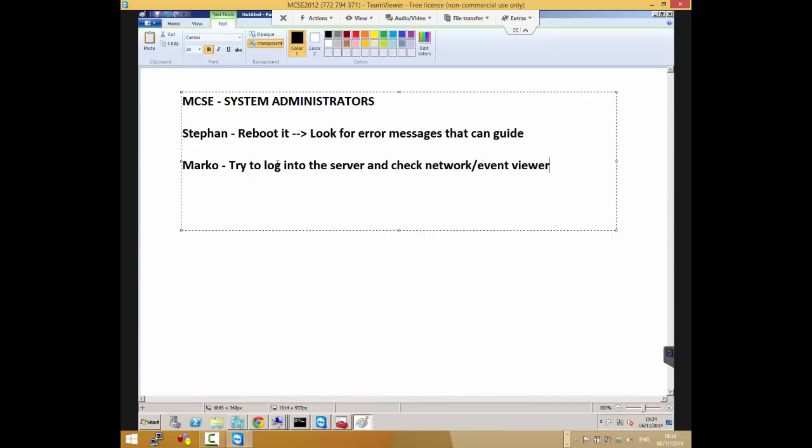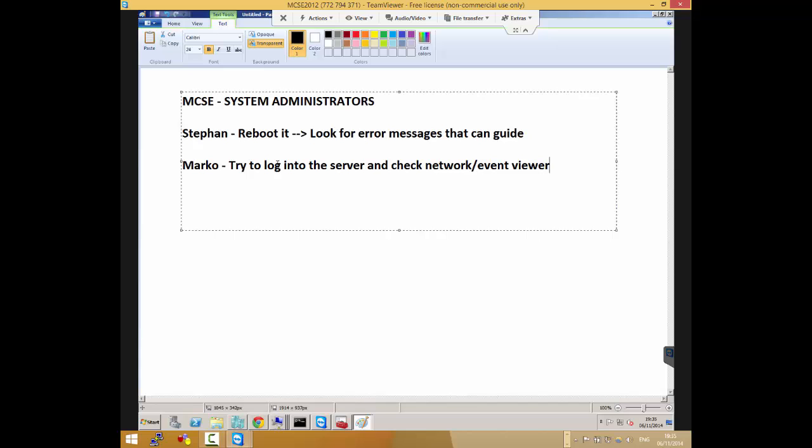That's the first thing I'll do. You've mentioned looking for error messages, and you're right. Everything you've mentioned is right: look for error messages, look at the event viewer. But if you have an environment with multiple servers, you can't just log into each server and look at the event viewer. If you have a single monitoring console and you've configured monitoring properly, it should be able to point you to what the problem is.